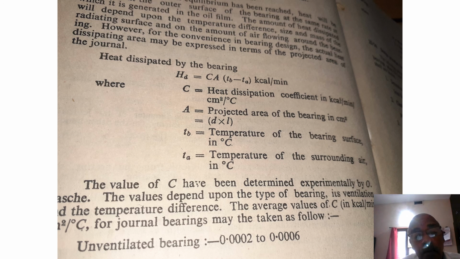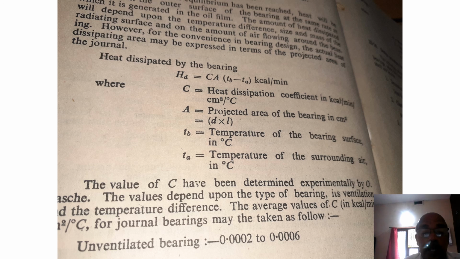This is a very simple equation. Normally, everybody, even an 8th standard physics student, knows that heat is equal to m into Cp into delta T. I have written this equation in another way, C into A into TB minus TA. What I am telling is, C into A into TB minus TA is nothing but equivalent to m into Cp into delta T. Delta T is TB minus TA. Cp is a constant, and m is taken as unity. Mass is taken as unity. For unit quantity, you can calculate the dissipated amount of heat.